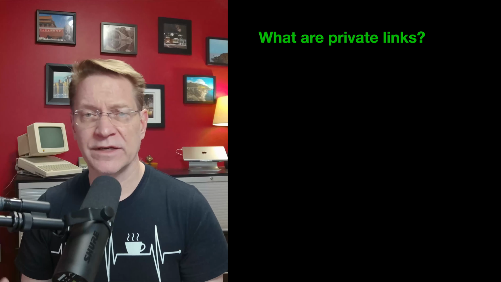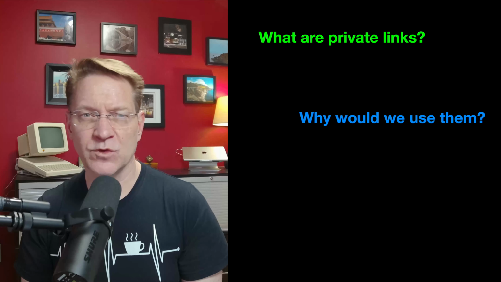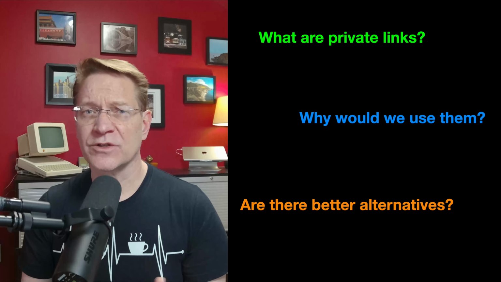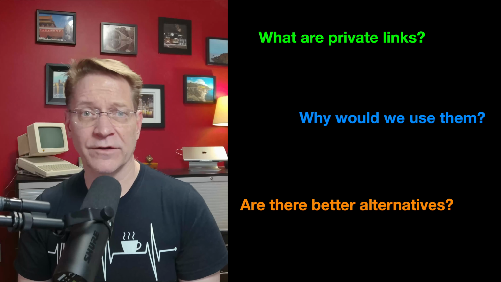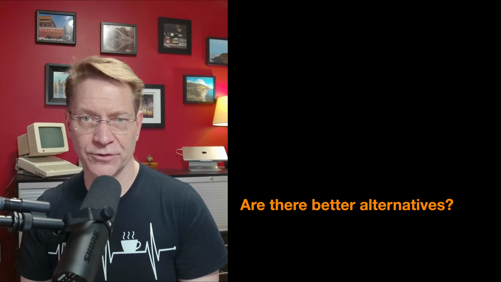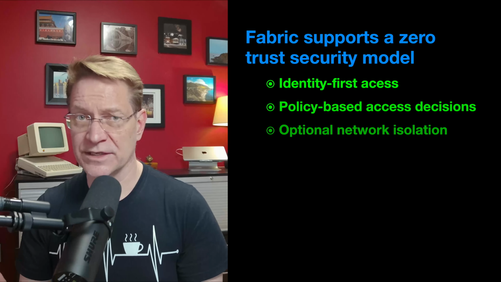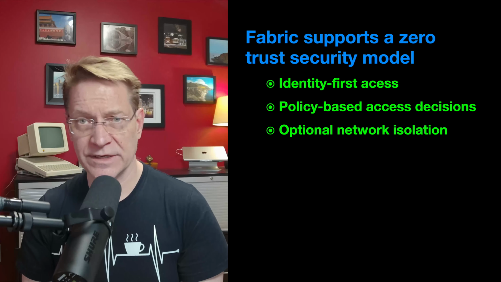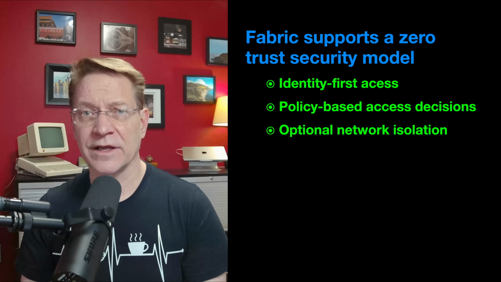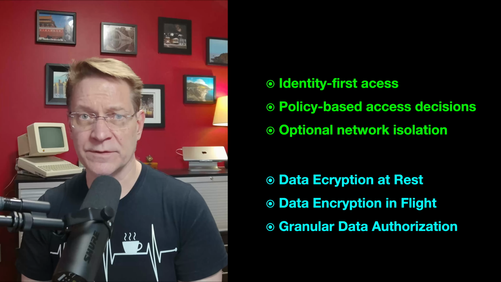So let's start by discussing what Private Link is, why we use it, and what are some alternatives we might consider instead. Microsoft Fabric is a data and analytics platform, and of course that means there's usually data in Fabric that's restricted only to authorized users. Fabric is a zero-trust SaaS platform. It's similar to Microsoft 365, and it provides strong protection for the data it hosts. Data is encrypted at rest and in flight, and only authorized users can access Fabric workspaces, and of course the